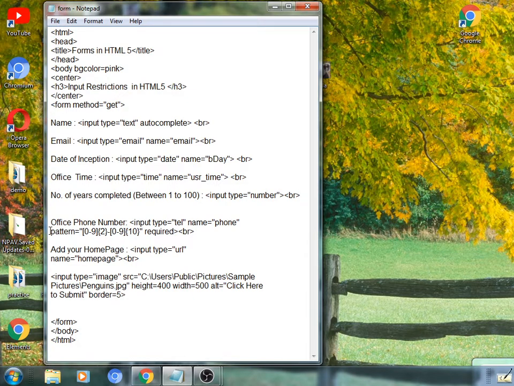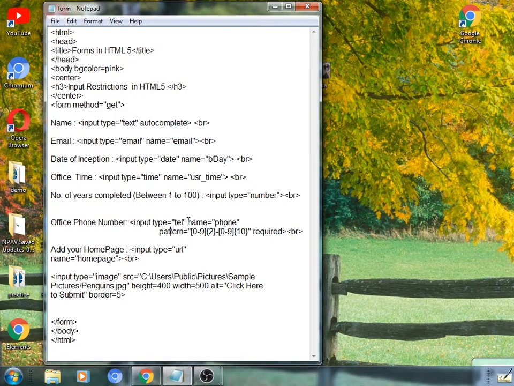Next field we have used here is office phone number. Such a phone number will be a mobile number or a landline number, and a certain pattern can be applied. So, it becomes like this: office phone number, input type equal to TEL, that is telephone, a value TEL stands for telephone. Name, optionally we have given here such a field, phone contact. Their pattern is given here.